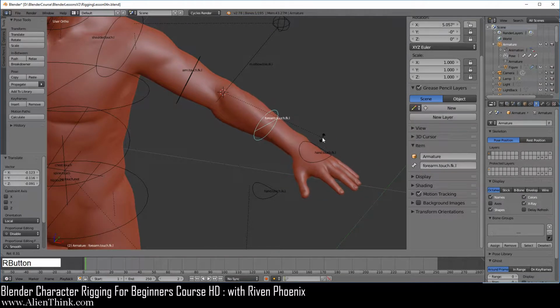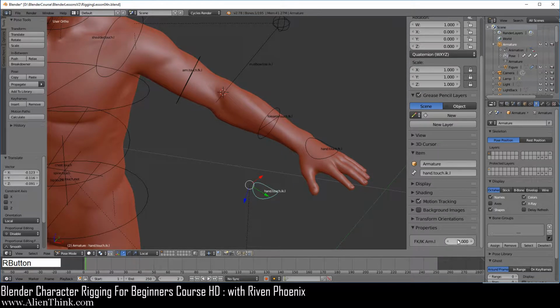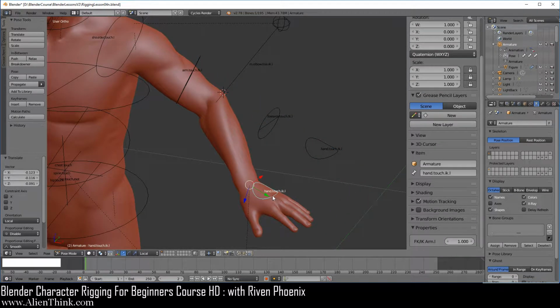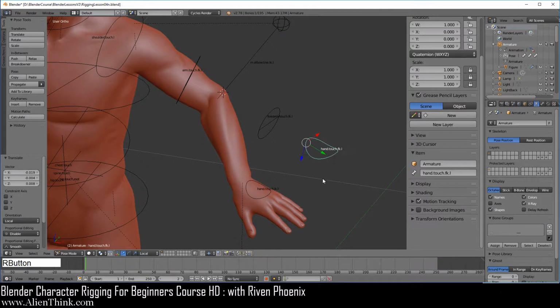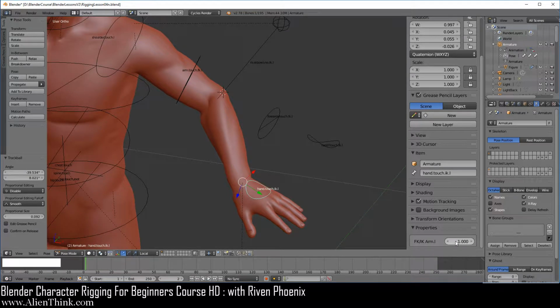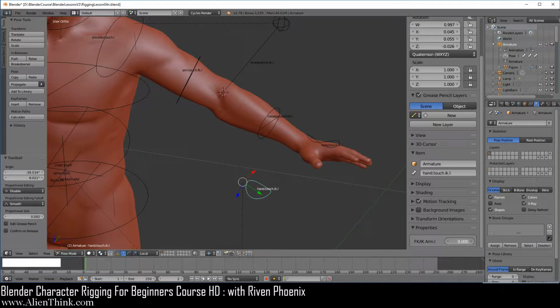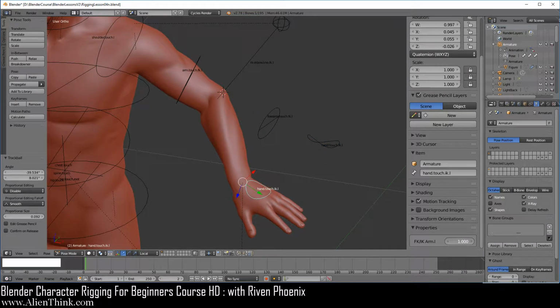Okay, so this is all set up, and if we go back over here and turn this on a value of 1, if we click this and press the R key 2 times, we can start to rotate the hand or move it with the IK system, right? And of course this is not going to work, but if you position it, let's say kind of like this, and click over here and of course remove this, then we'll just snap back to the FK system. Okay, so that's how this is all set up.